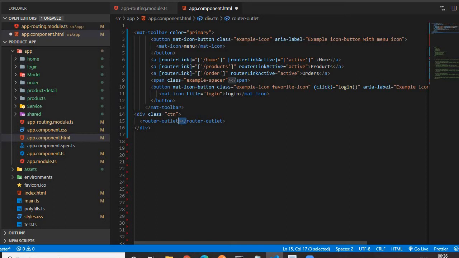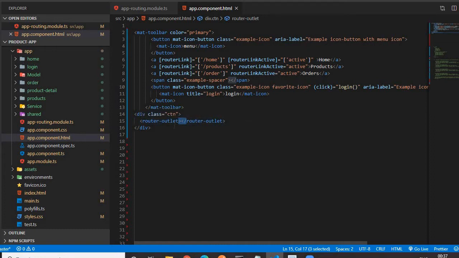It means we see only one page, and the content of that page is updated dynamically on the basis of the user click event, on the basis of the link selected or activated. So router outlet is a container.